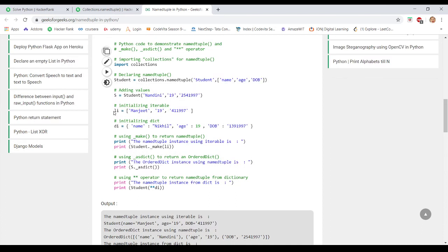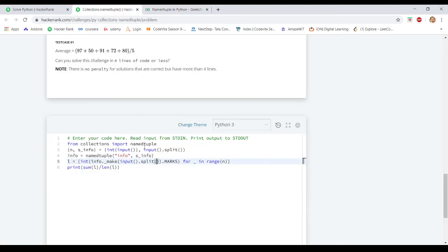Here if we give it in the form of a list, then we can use _make of li. Here input().split() will get the list of values, so we are using _make in order to convert it into a namedtuple: namedtuple name info._make(input().split()). Here in each and every case we are getting the marks of each and every student, so .marks is used in order to access the particular variable.